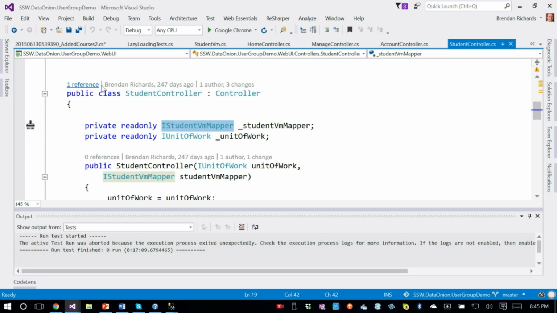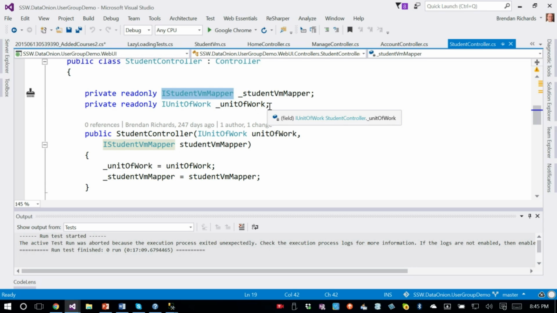So I've got a controller, which is an MVC controller. It needs two things to do its work. It needs the unit of work pattern, in case I want to make changes. And in this case, I've made a VM mapper. That's a little function that's going to actually build my view model, because I don't want to be streaming out persistent objects that might be lazy loaded out to a JSON engine or out to a view engine, because that will just potentially accidentally stream out the whole database to the client. So I always put a view model and project into that view model. And anyone that saw me last year will have seen this already.